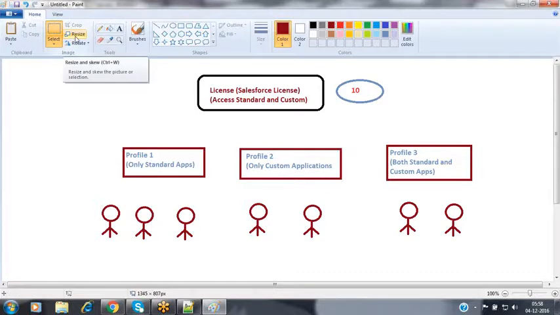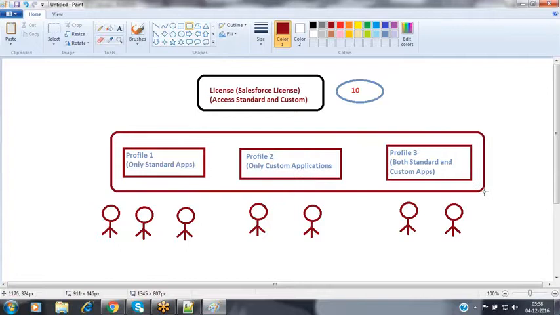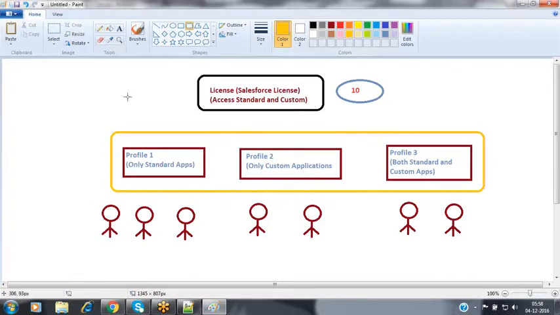For each and every user we have to assign a profile, and all the profiles are associated with the same single license.